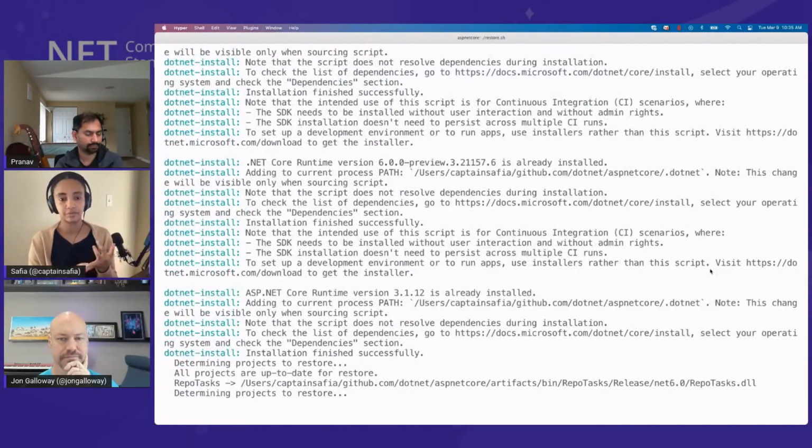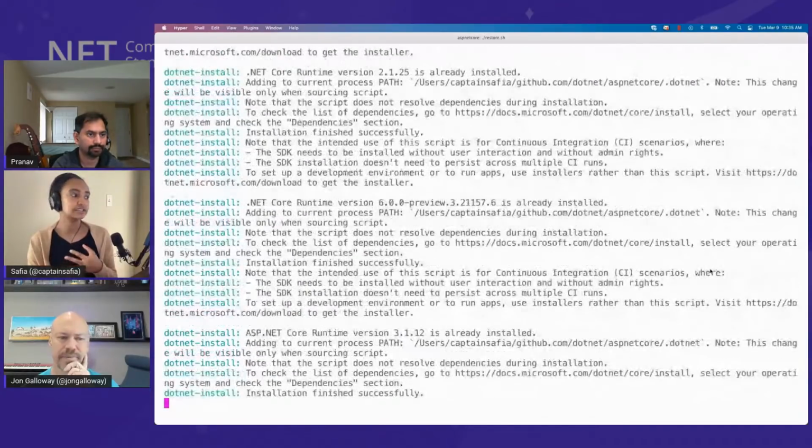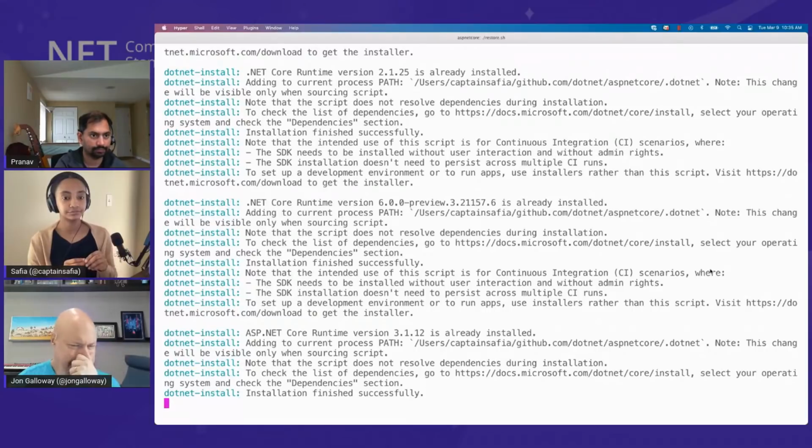And then for C# projects, it's going to run the restore step, which will resolve any NuGet packages, dependencies, and things like that. Question on that. Do you use solution filters at all, the SLNF? Yeah, great question. I think Pranav will touch on that a little bit more when he talks about Visual Studio,